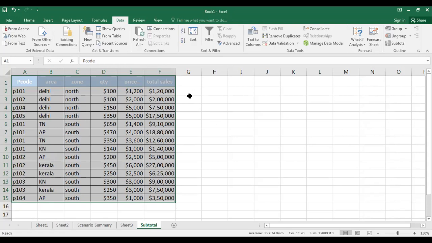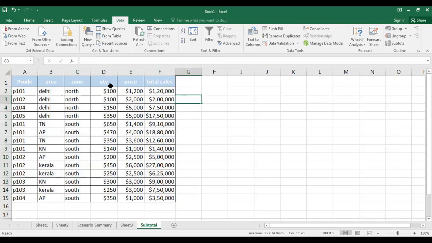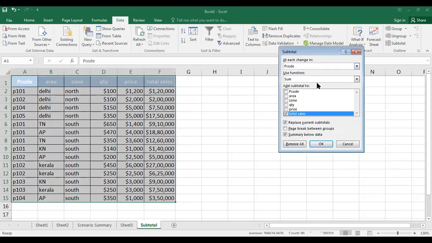Now, if I want to do subtotal, click on subtotal, which is in the same data ribbon, the last option. Here I want to get the subtotal on quantity or price or total sales. It has automatically taken total sales. If this is your choice, you can leave it selected. Then I want zone-wise total, not product code.